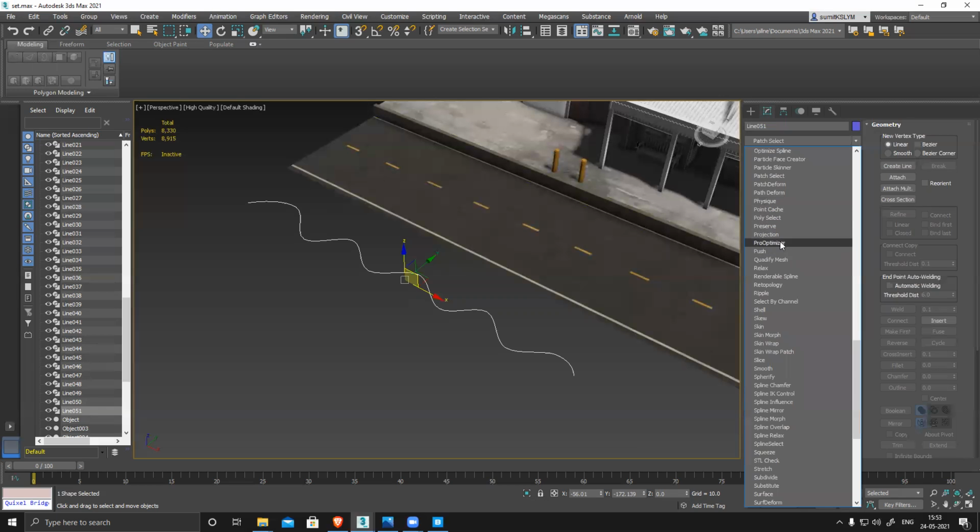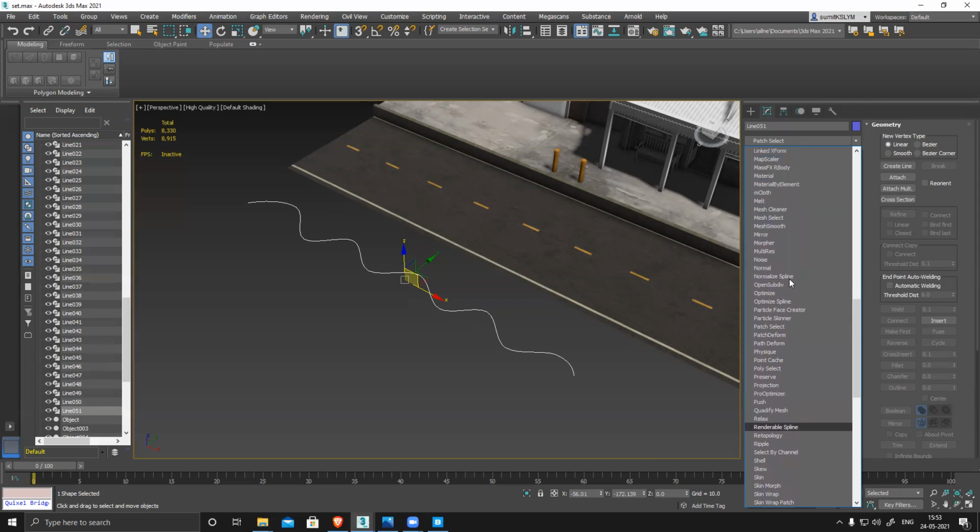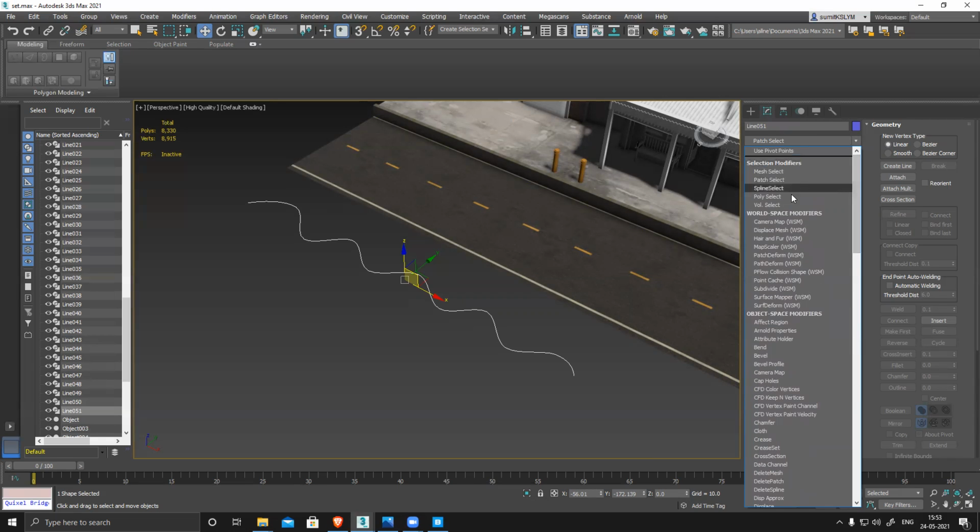Where is it? Where is my planar? Planar is not there.